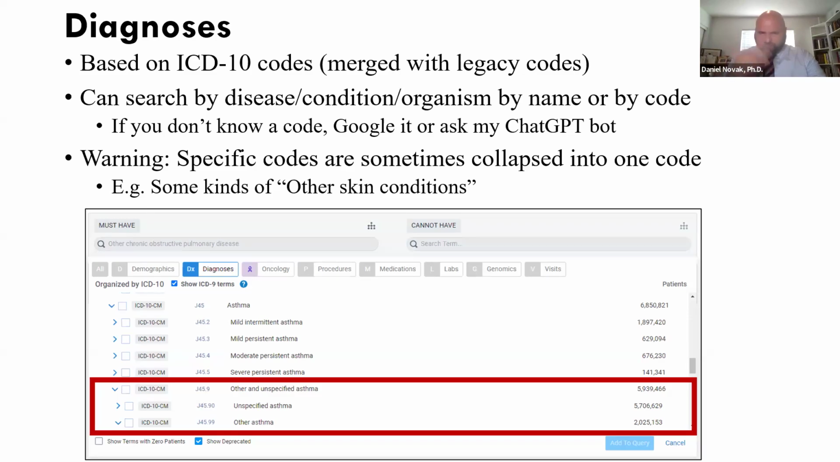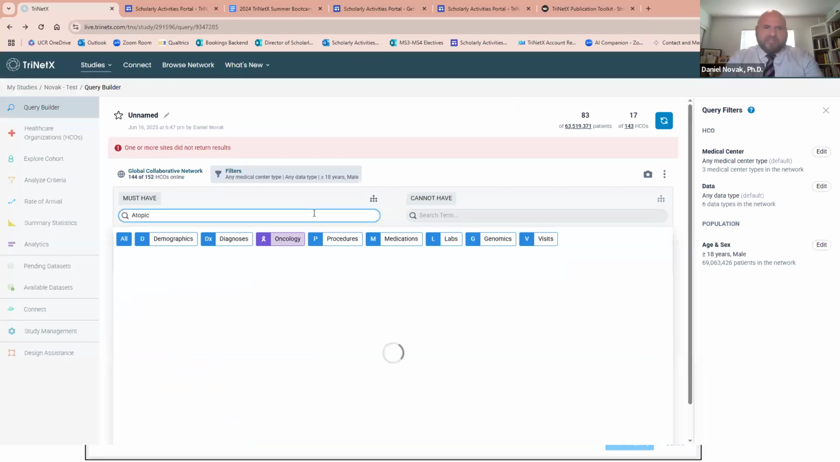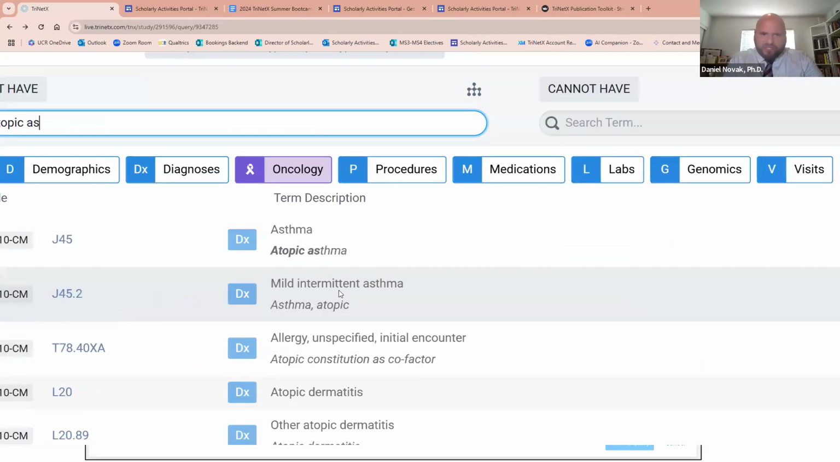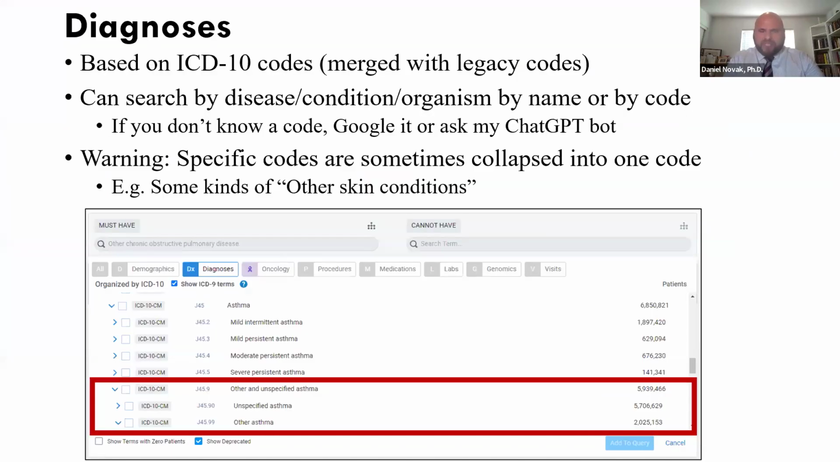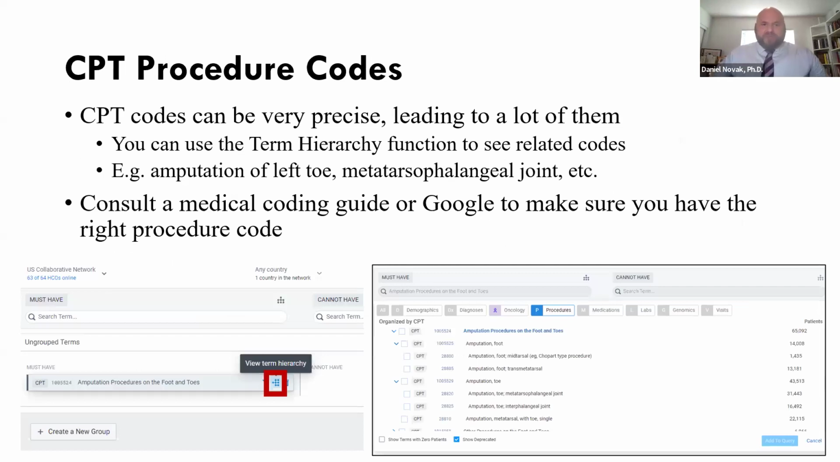And when you search for it, it might show up, for example, if I can find this, atopic asthma gets collapsed in as part of mild intermittent asthma, which may not be exactly what you mean, but could be included in there. You can see sometimes they'll include that terminology right underneath the code that it believes is the most accurate. So that's just something to be aware of. As I said, there are some restricted and sensitive ICD-10 codes. My favorite, as I said earlier, was prolonged stay in weightlessness. Your CPT codes,